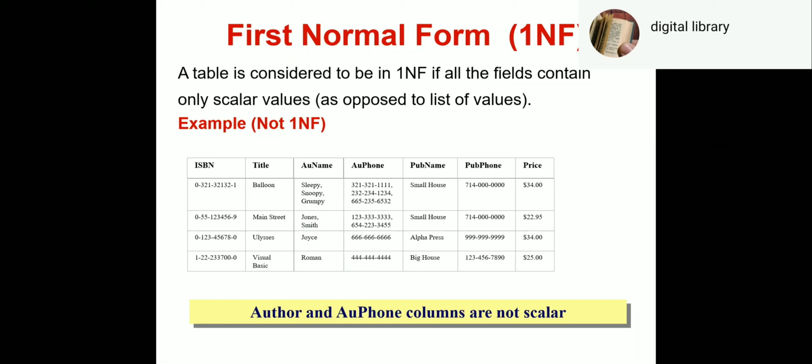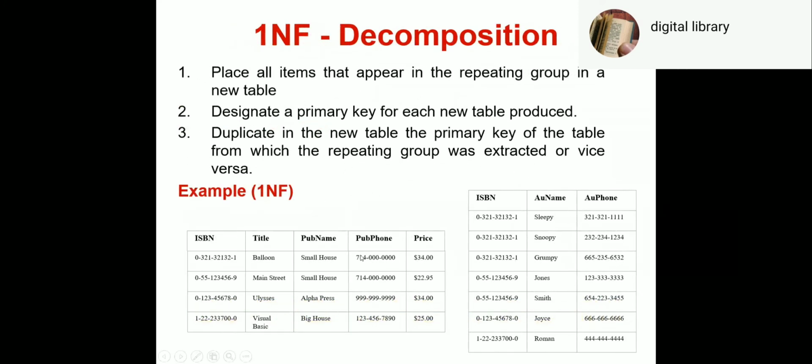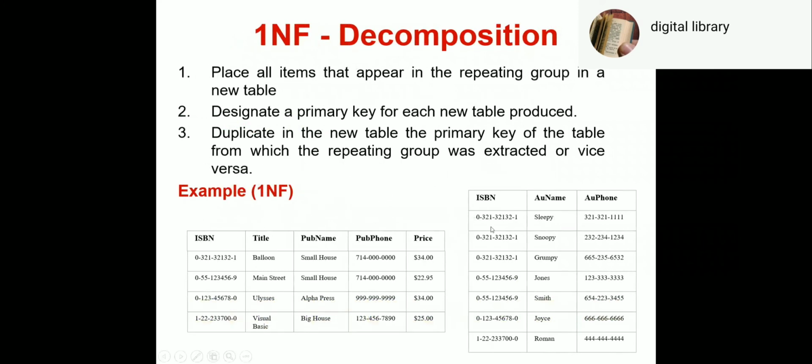But remember, if you do it the way you are doing it, you'll be creating a lot of redundancy. How many columns will repeat? 1, 2, 3, 4, 5. 5 columns will repeat multiple times. So redundancy in that way will be much more compared to this one. Here you are not repeating any columns, only ISBN. But the other way, you will be repeating title, publisher name, publisher phone, and price. 5 columns, and in this case, only 1 column. Which one is better? This is better, right? Yes, sir.